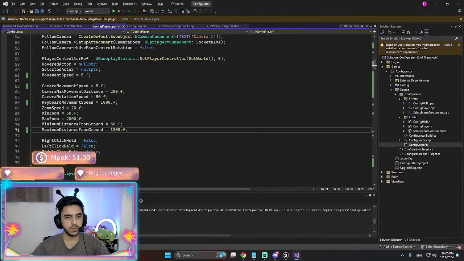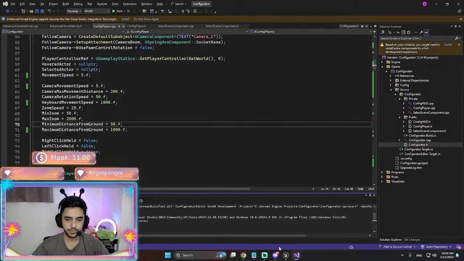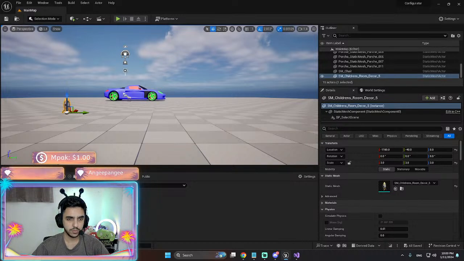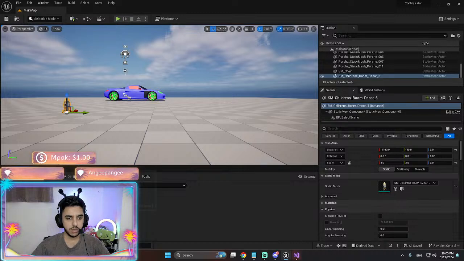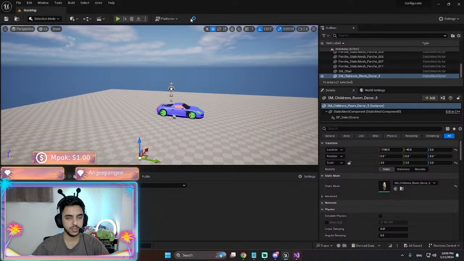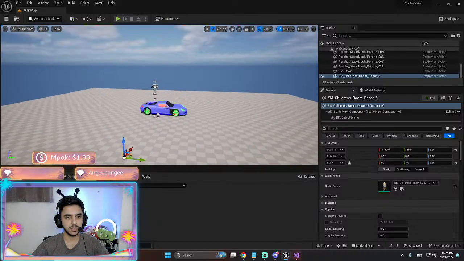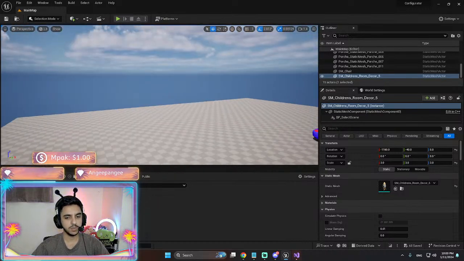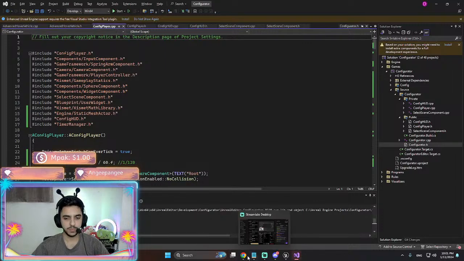It's going to be 1000. Let's see. Oh shit, Unreal is going to crash. 100%. No, it didn't. In a second it will. I have to close it. It's bugged.